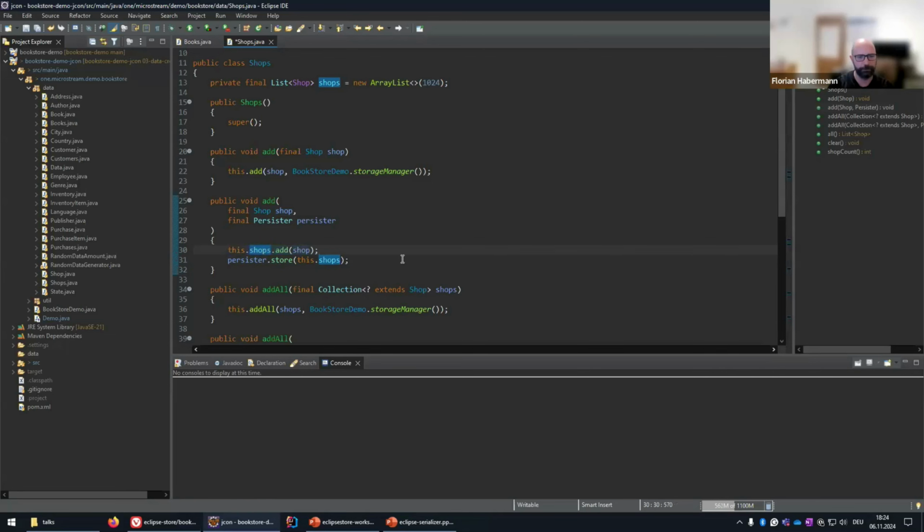Same thing is when you remove data. There is no way to delete data in an object graph. The way you remove objects from a graph is to clear all the references to it. And then on a JVM, the garbage collector will clean it out eventually, and that's the same in the storage. If you, for example, remove a shop from the collection, you store the collection as well because you changed the collection. And if there's no more reference to the shop, it will be cleared out by the garbage collector of the JVM. And the storage has a garbage collector as well, which takes care of the